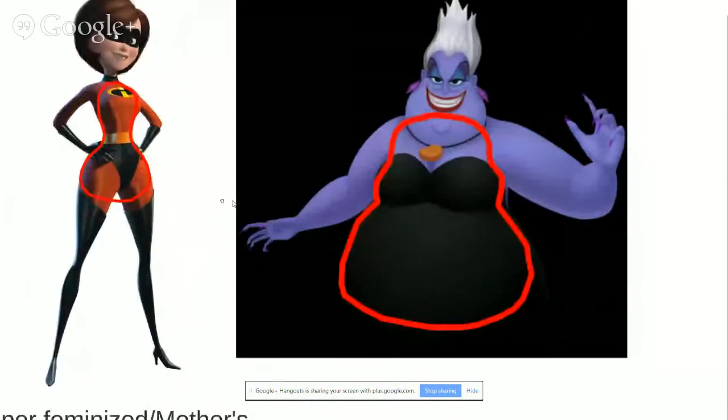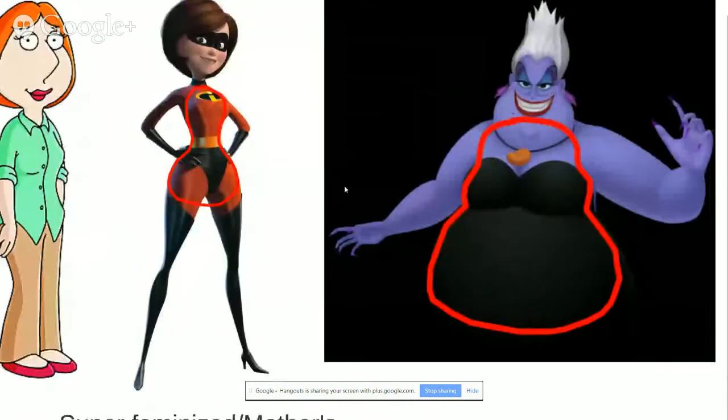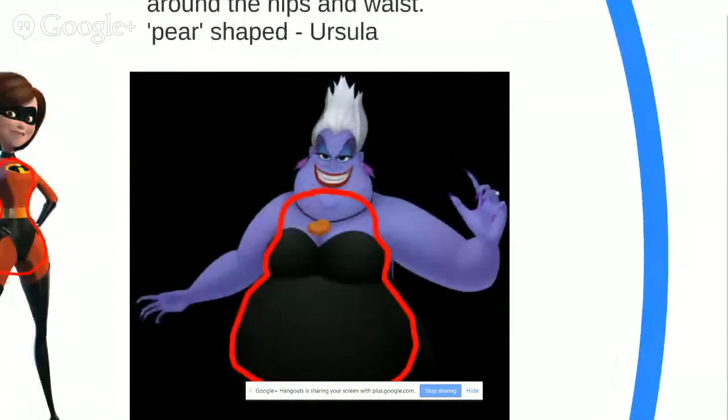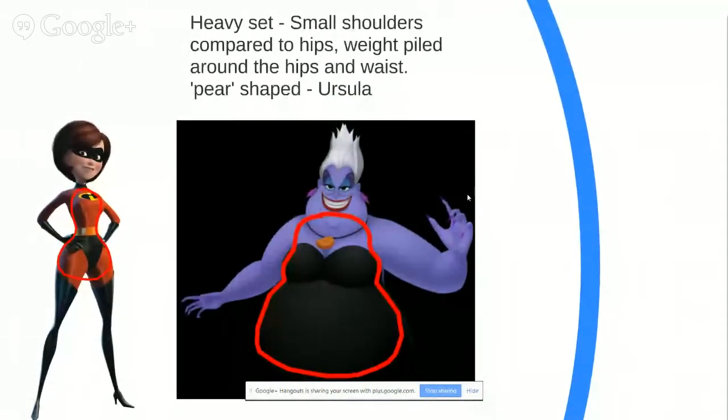So then we can take it from this and then really add the weight on. And here you'll find that we've got a character such as Ursula, again from The Little Mermaid, a sort of heavy set character. You do still have small shoulders. Now when you're drawing people who are a little heavier, bones don't grow, bones don't get bigger and fatter. It's literally just the weight that's running around the outside, the flesh. So bear in mind when drawing bigger characters that their bone structure isn't massive. It's just the fact that they're larger in terms of